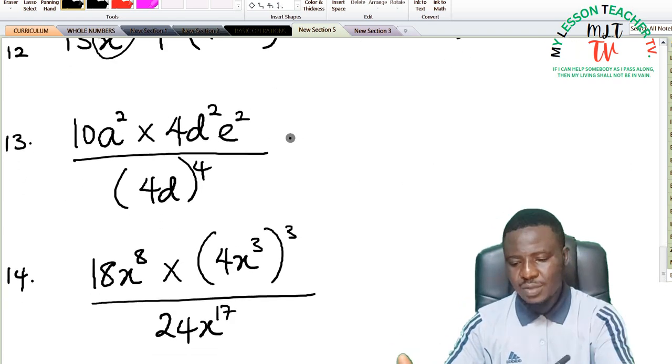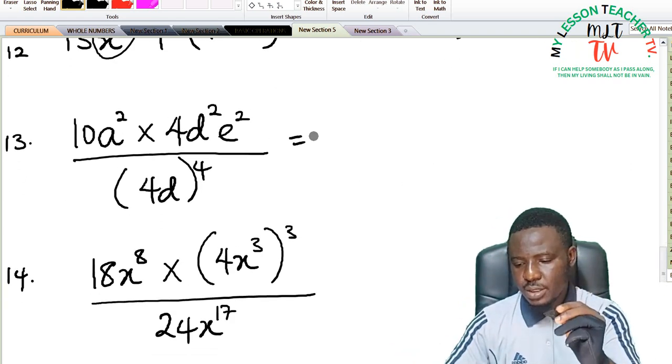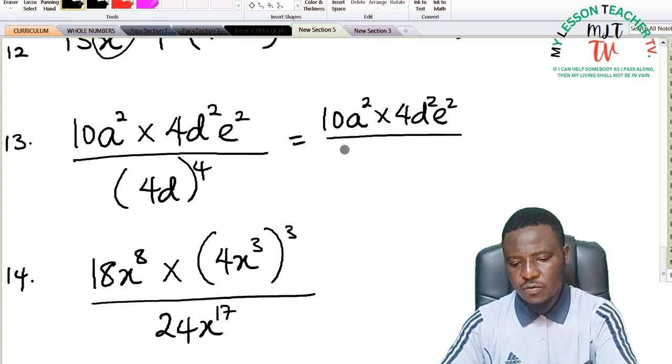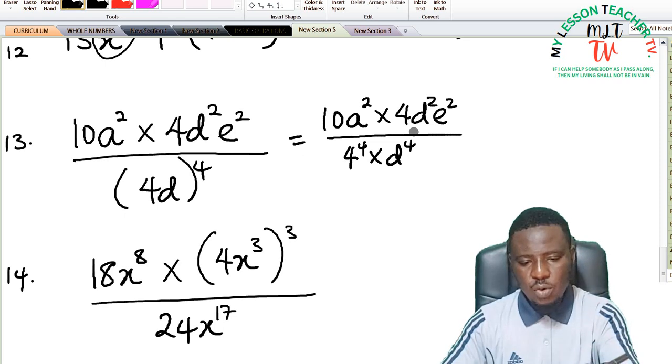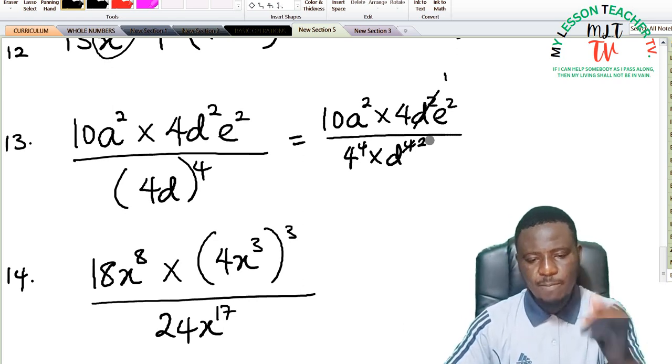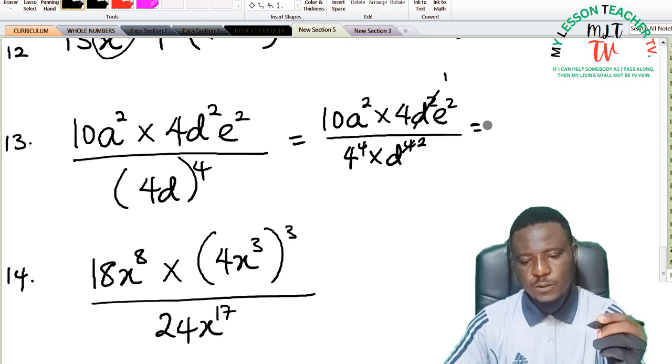Number 13, this can be simplified to be 10a squared times 4d squared e squared, all divided by 4 to power 4 times d to power 4. So I will say that d squared will cancel d to power 4 2 times. So this is said to be d squared that is left, and this is equal to,